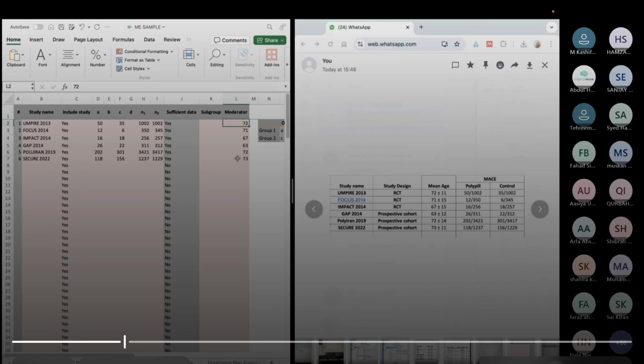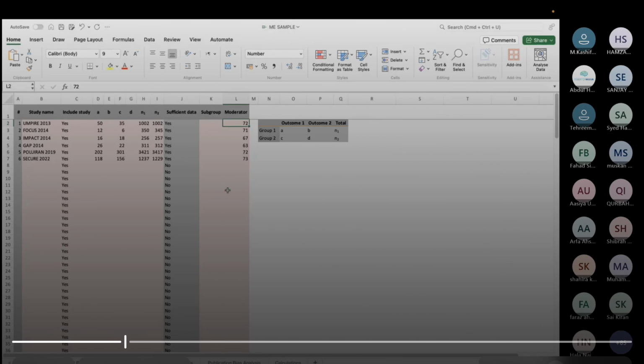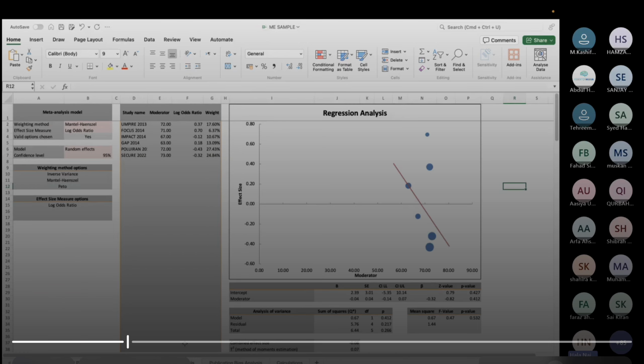Now, जब ये हो जाए, once everyone's done with this, no standard deviations will not be considered. We will only be adding the mean age. Yes, Fawad. Variable has any effect on the outcome or not? Okay? Once you are done with this, you will simply click on, so the fourth tab at the bottom of the screen, if you can see my cursor, is the moderator analysis tab. उस पे click करें and you should be here.